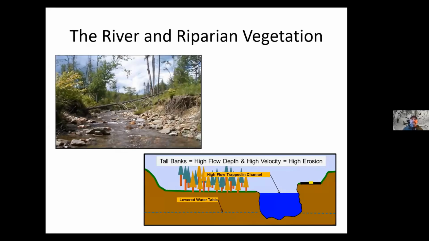And this is a serious challenge for our riparian ecosystems and our efforts to restore them because, again, incised channels don't flood regularly. The water tables along those channels are lowered as they follow the base elevation of the channel. And the channels themselves tend to be very unstable and tend to erode the floodplains upon which we plant riparian vegetation